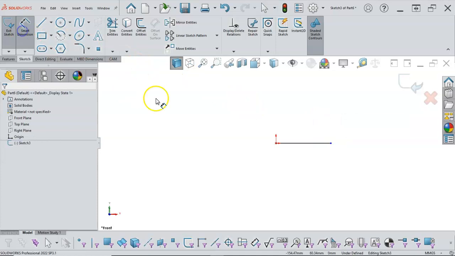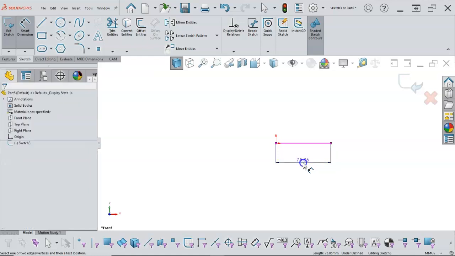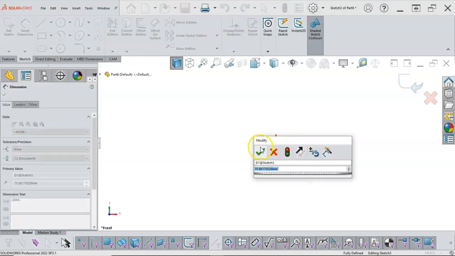So when we go to apply the dimension without the numeric input, well, the numeric input is basically when you're inputting the geometry, so we would have seen that earlier. So in this case, I'm going to select the object, and I'm always going to try to select the object first, and then we'll talk about the hierarchy of our dimensions. And in the modify box, we have the accept, the restore and exit, the rebuild, reverse the sense. This will temporarily change this to a negative value and send it the other way. And then the spin box increments, which affects how much the little up and down move. And then the mark dimension to be